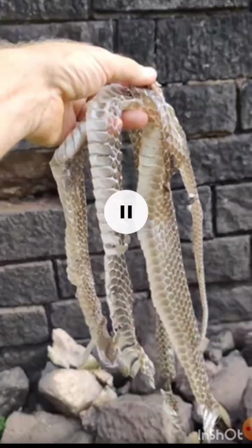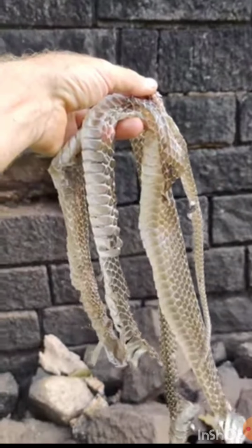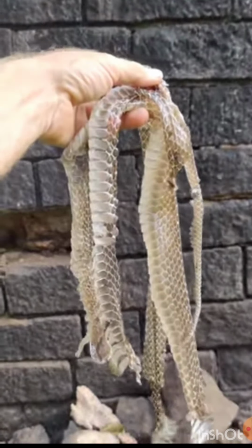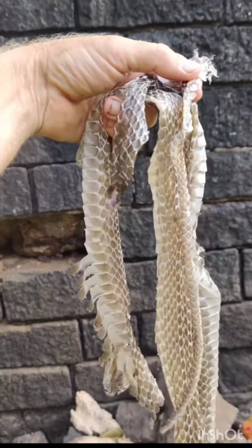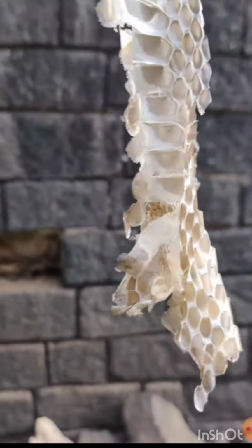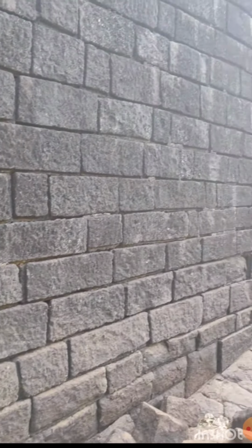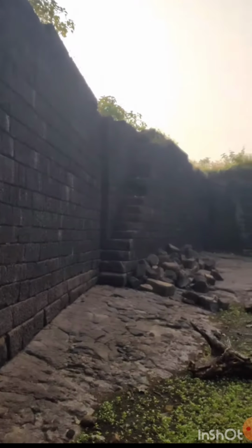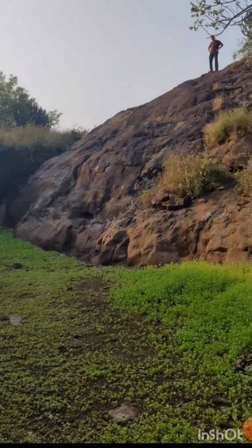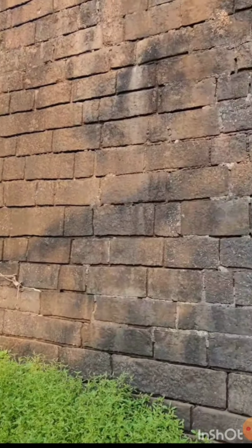On top of Asavagat Fort, north of Mumbai, we came inside a bigger water reservoir on top of the fort and across this at least 3-4 meter long snake skin. Here you can see the head, the eyes, shedded skin. The water tank is built pretty big, must have supplied drinking water to a large contingent. It's at least some 5-meter high wall,